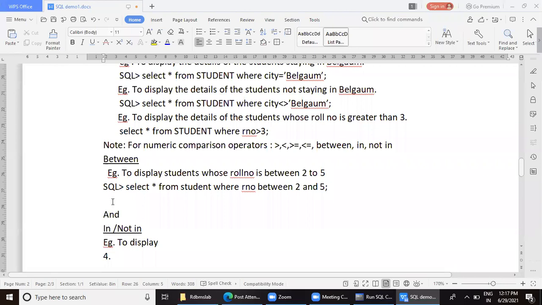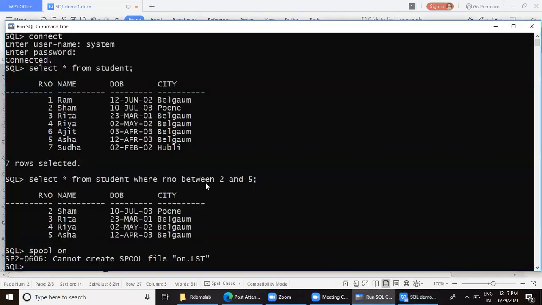So to combine two criteria, we can also use the and, or operators. How to make use of and, or? I'll take the example. You'll see the records: Belgaum, Pune, and Hubli.